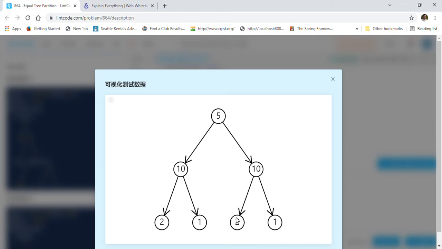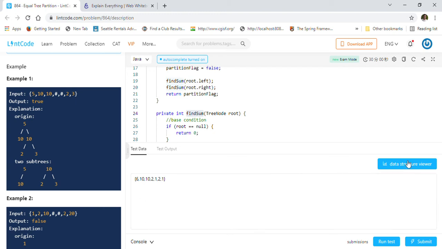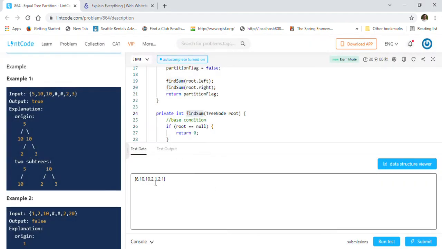So now, let us just convert this tree into an equally distributable tree, right? What we can do is just change this 5 to, let's say, 6. So 6 plus 10 is 16, plus 10 is 26. So this is 26, and this is 2 2 2 2. So if we say 2 2 2 2 here,